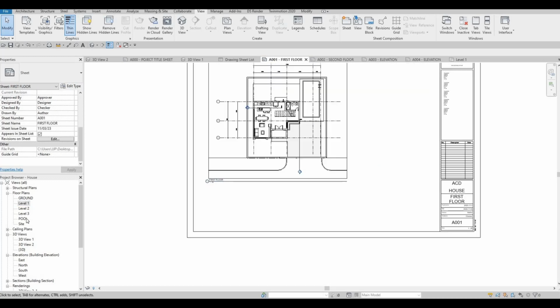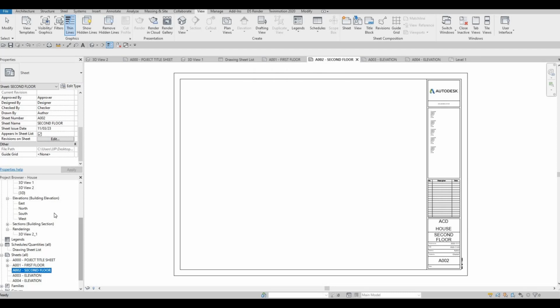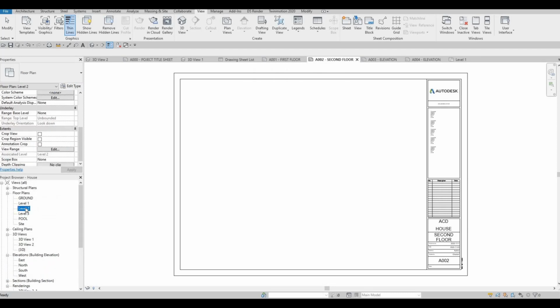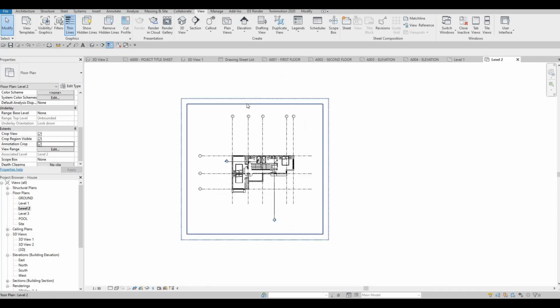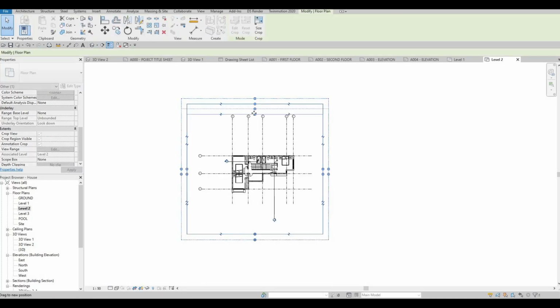So before we drop in our level 2 or our second floor, what we're going to do is fix it first. Similar to what we did to our first floor, we could just go 1:50, go to our properties, check all of them, fix the size,